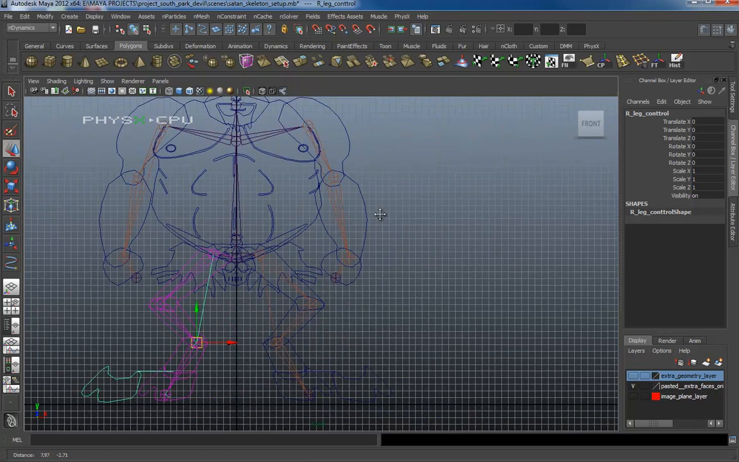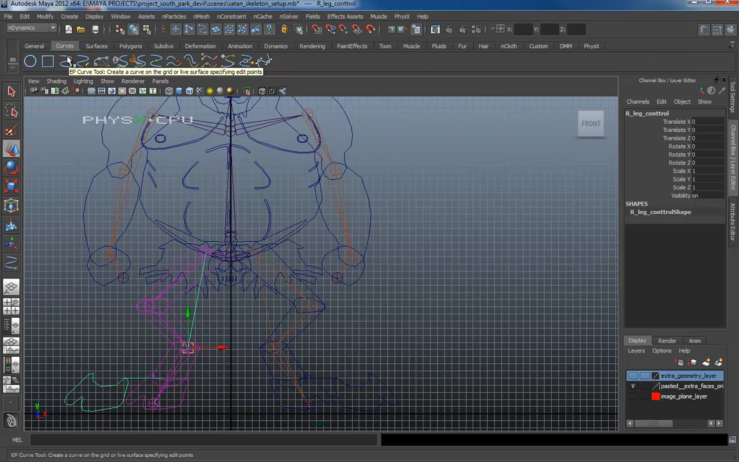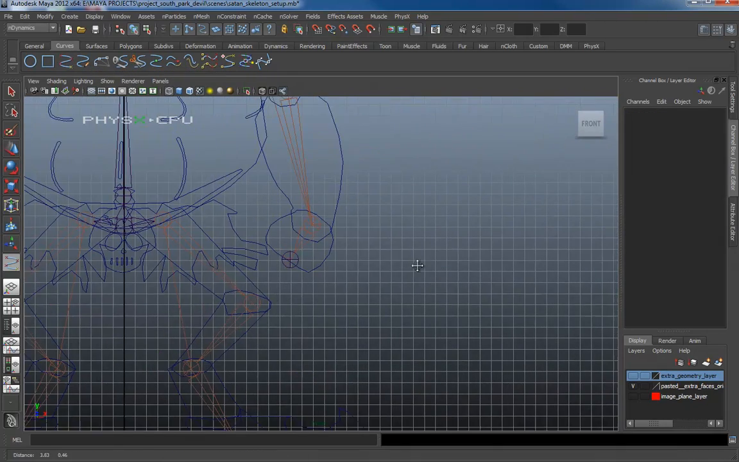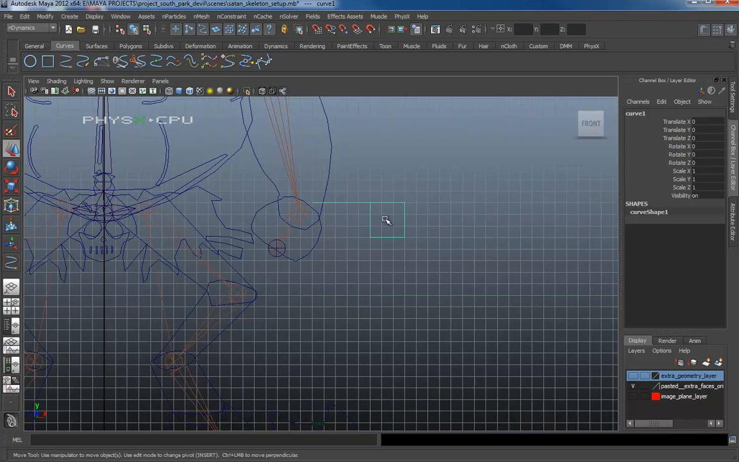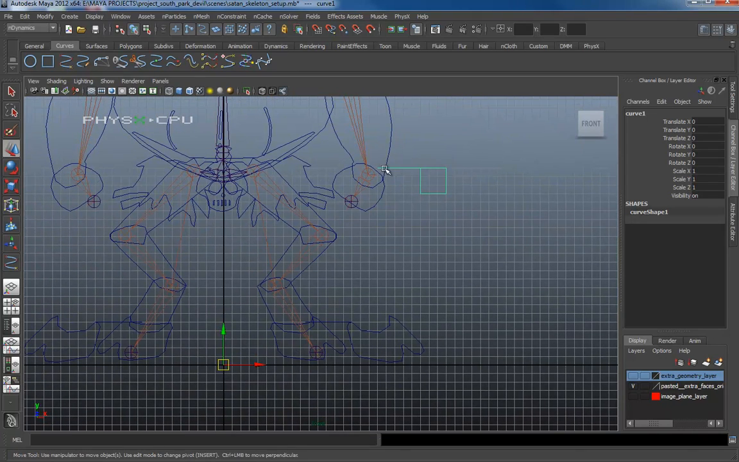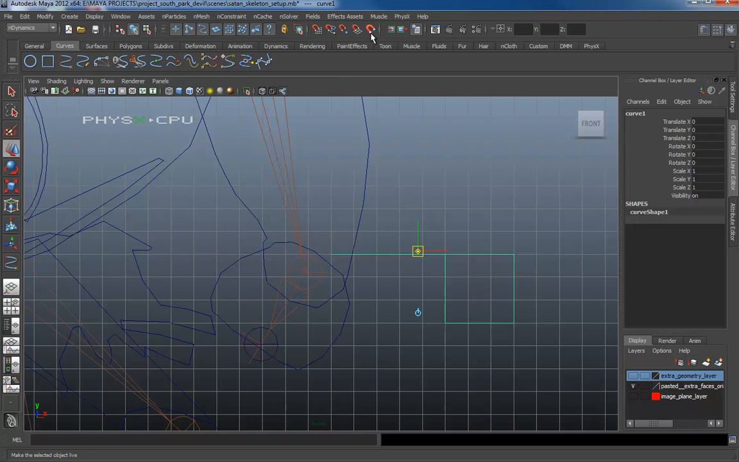I'm just going to make a nice little square for the control here. I'm going to show my grid. Go into my curves. Select my EP curve tool and make a square. Hold X to snap to grid. And make a line. Want to move the pivot to the end of my curve, so insert, move it up. I want to zoom in, and now I want to